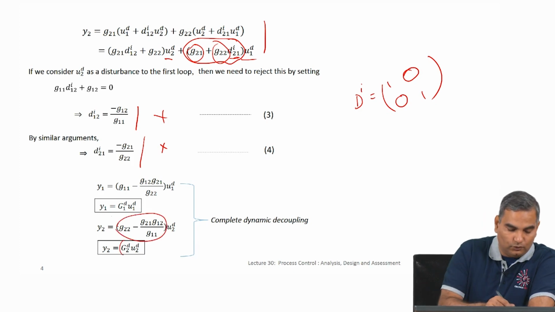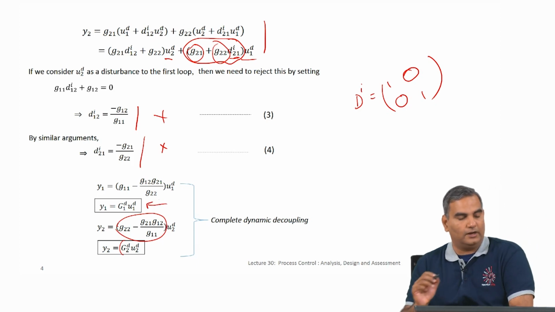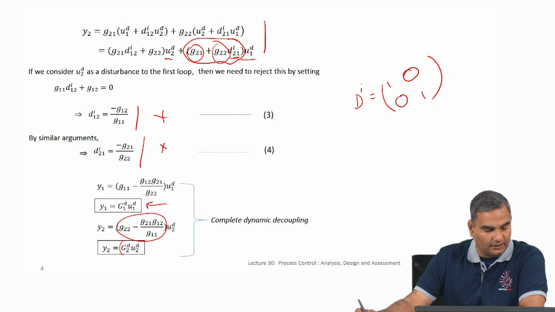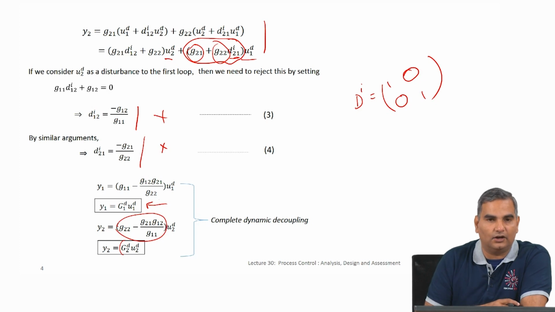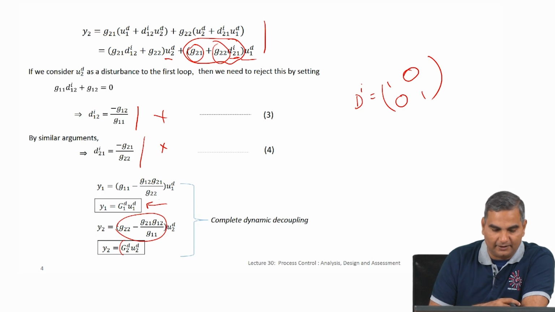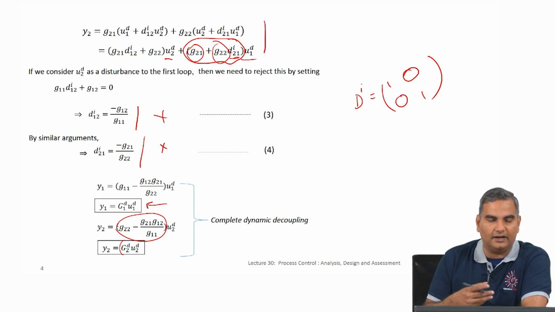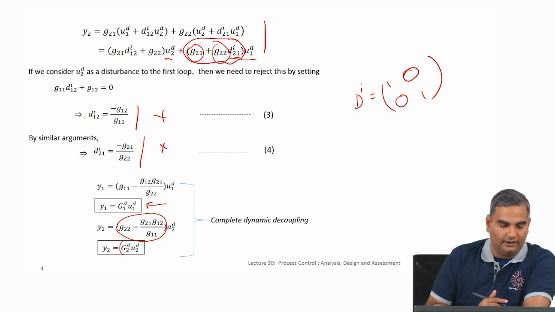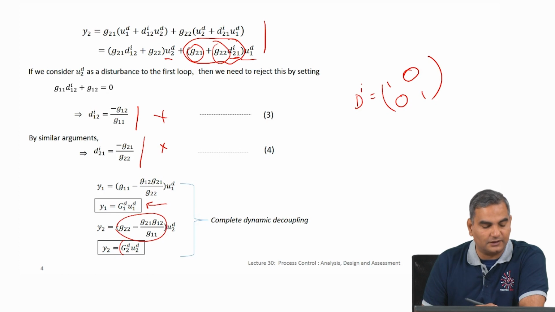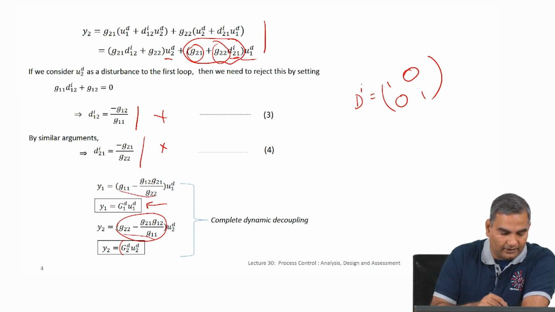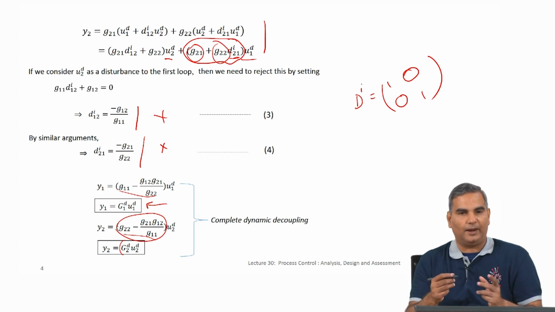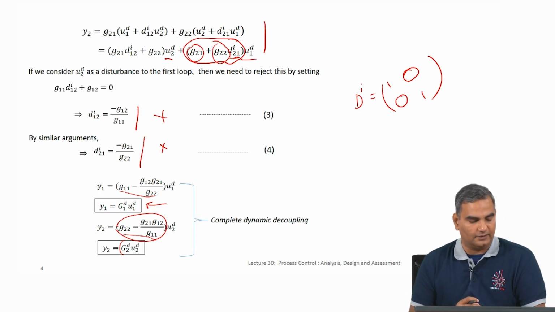Now, if you notice these two equations, it looks as if y1 is only affected by u1 decoupled and y2 is only affected by u2 decoupled. So, we have essentially got two single input single output control loops. This is what is called complete dynamic decoupling, and notice how we are starting to use the model more and more. If I had built a model for these 4 transfer functions, I am going to modify the transfer function between y1 and u1 decoupled through this formula here, and similarly modify the other transfer function for y2 and u2 decoupled. That way you now have two single input single output loops.